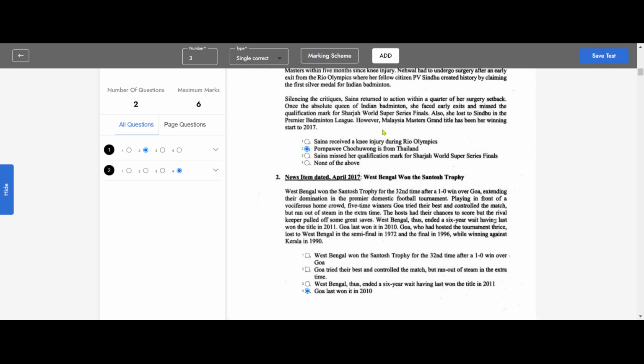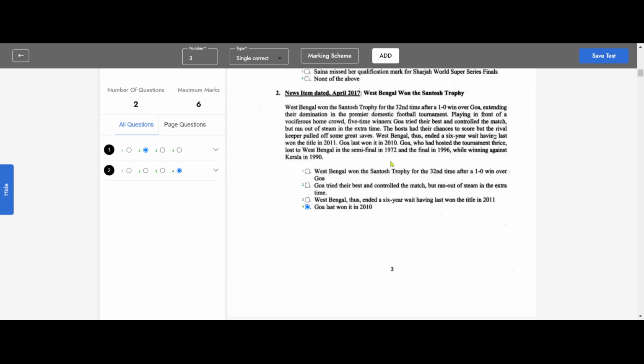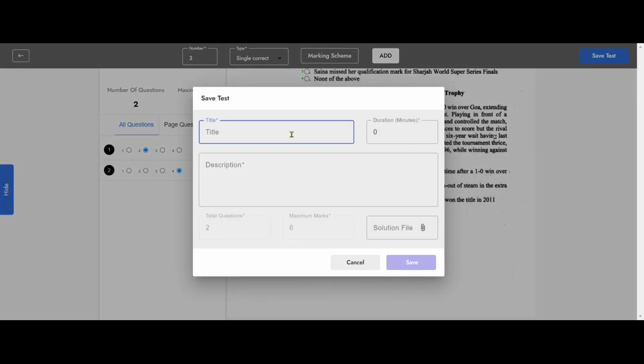So I'm not going to do it for all the question paper because it's just for demo purposes and it's going to take a lot of time. In this way, you will map all the questions with interactivity, and according to the type of question, marking scheme, etc. It will hardly take you 45 minutes or so to complete the whole paper. And once you do it, you click on the save test, and then